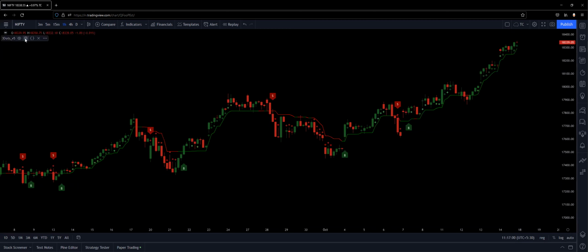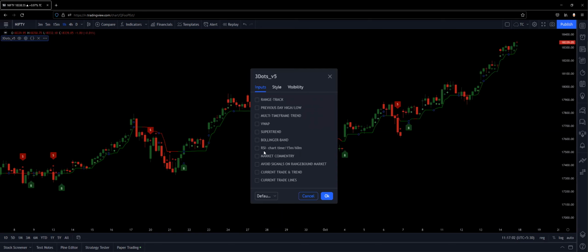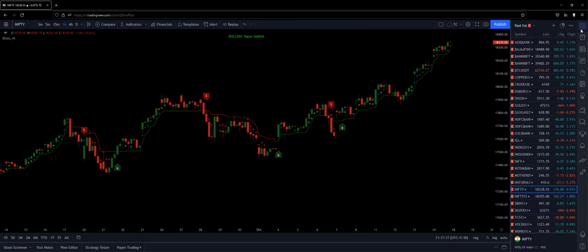And with the new enhancements, it is very helpful. This is just like somebody sitting next to you and guiding you throughout the trading session. So that's how it is. Let me go to Bank Nifty.